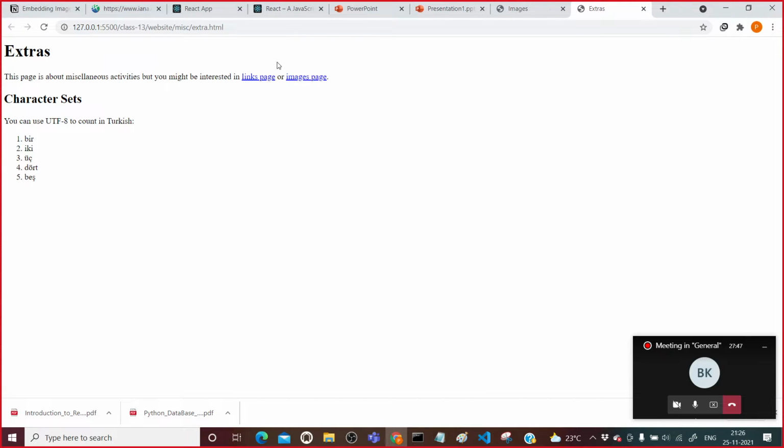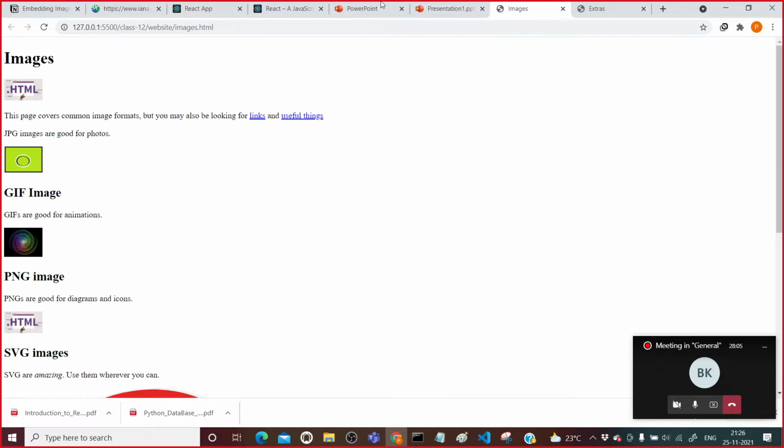UTF-8 is sort of like a universal alphabet for the internet. Every web page you create should have this line in the head tag.